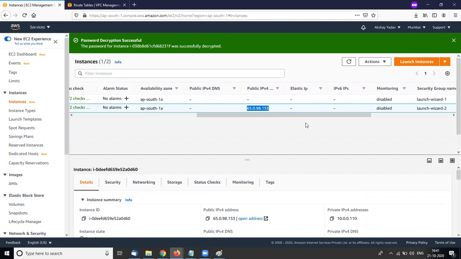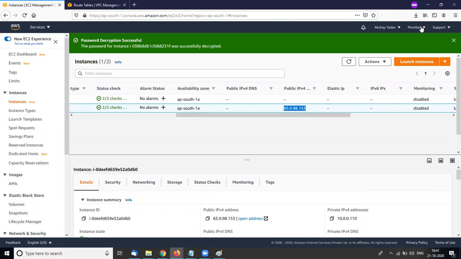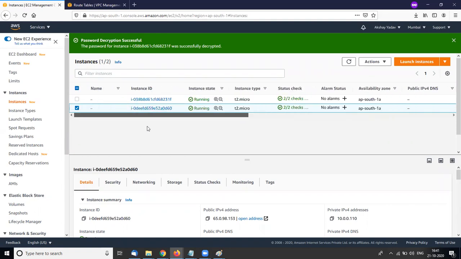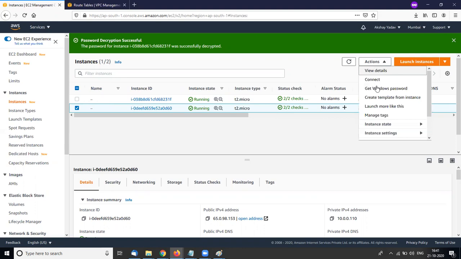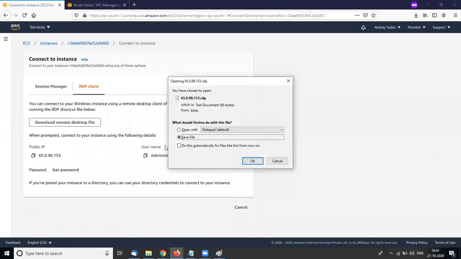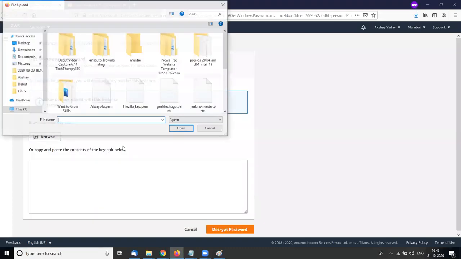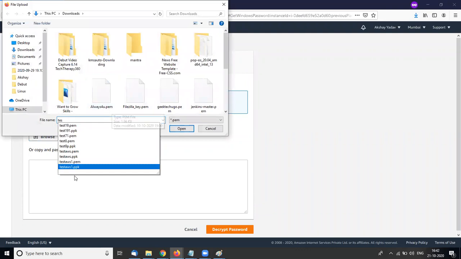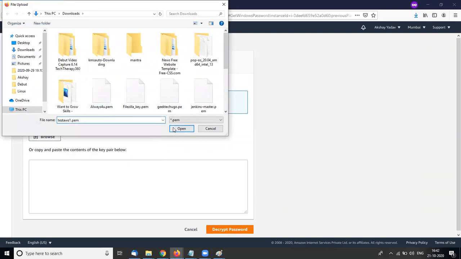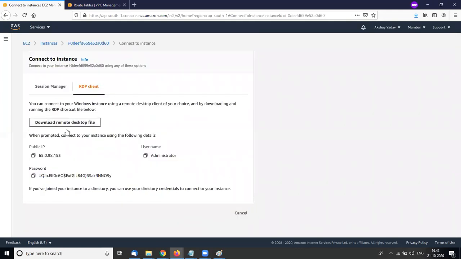Okay. So I'm trying to connect with my public server. I'm connecting, downloading the RDP file and getting the password. I'm uploading my file test AWS1, opening it and decrypting the password.